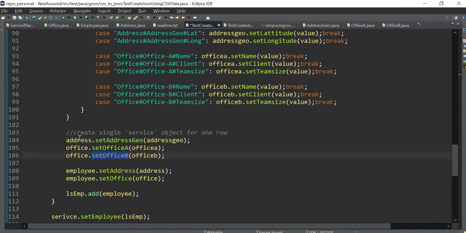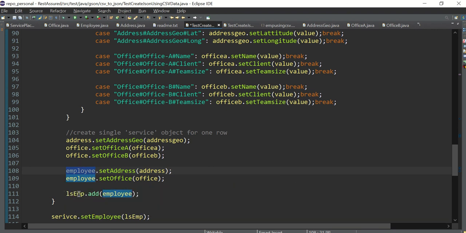Once address and office have been set, now I will call the employee class setter method to set the complete address. Now this address has complete information about latitude and longitude, and this office has information about both office A and B. Once the employee has been initialized, this employee object has complete detail of one node, one complete employee.